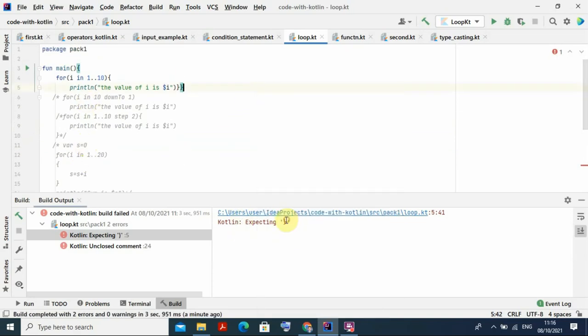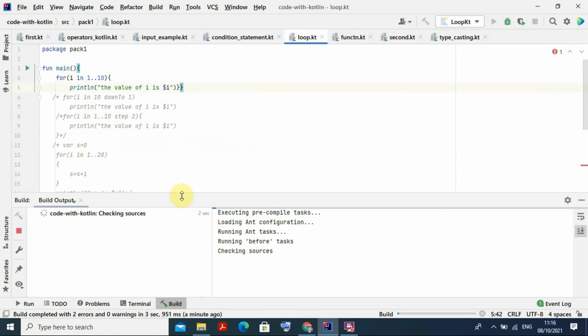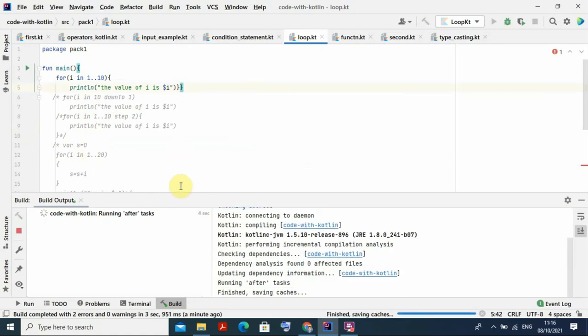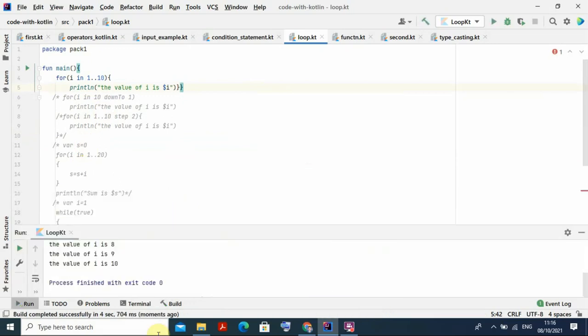Yeah, you will get the output. That's not an issue. There is maybe some braces, something it is showing. Yeah, you can see it here. It has started. The first value is 1, and the value of I is equal to 2. I from 1 to 10, and it has been created successfully because of the braces problem, because I was putting it here at the end, and already I commented it. That's why it was unable to recognize that one.